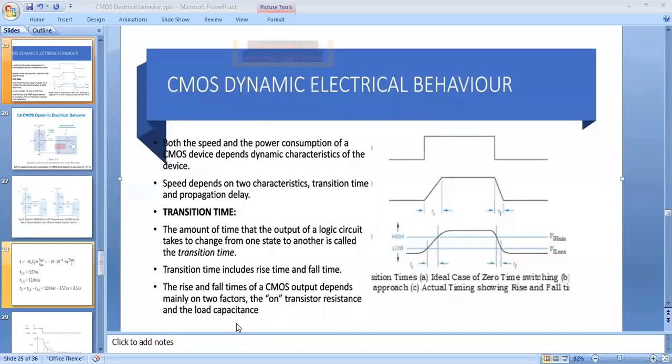So this CL is considered at higher frequencies. Already you know, at lower frequencies, that is for studying static state behavior, we do not consider any capacitance effect. We consider the capacitance effect at high frequencies, that is AC frequencies. That's why here we consider the load capacitance. Since here we study the dynamic electrical behavior, that is AC behavior, in this case we consider CL.